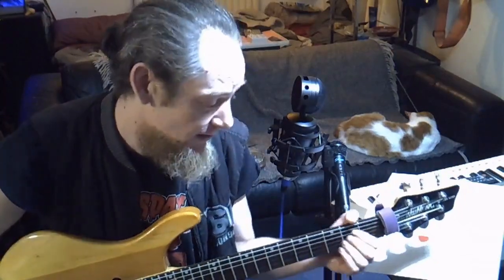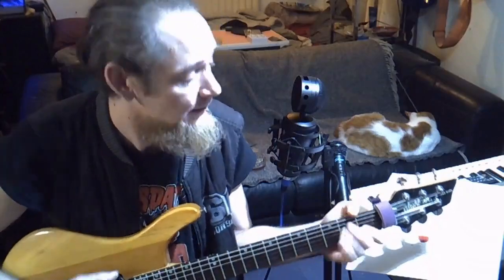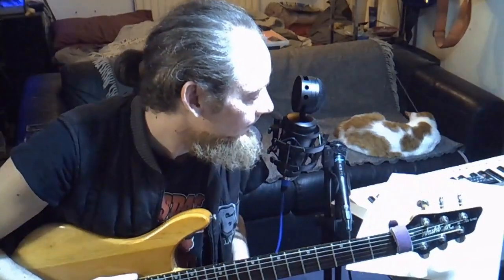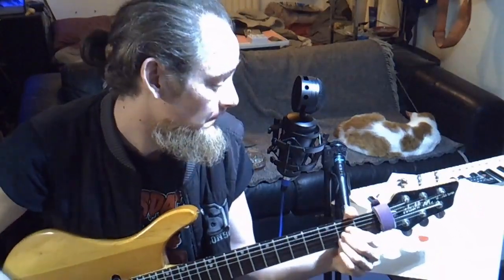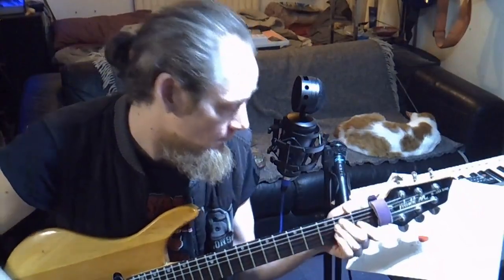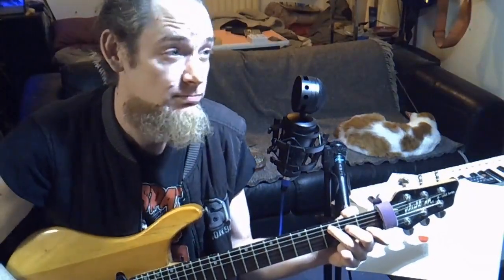So for example, using just the A, D, E to begin with, we have a 1, 4, 5. Now we're going to take that and make it a 1, 6, 4, 5. So we now have A, F sharp minor, D and E. And the same applies to all of the rest of them. So if we were to do that in C, that would be C, A minor, F and G, which is also